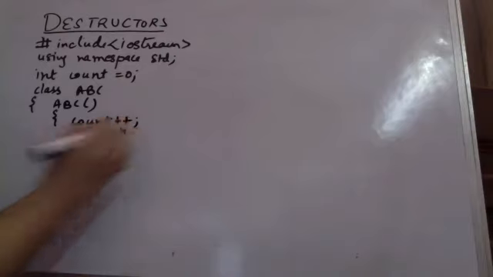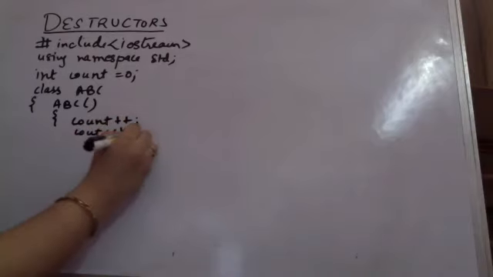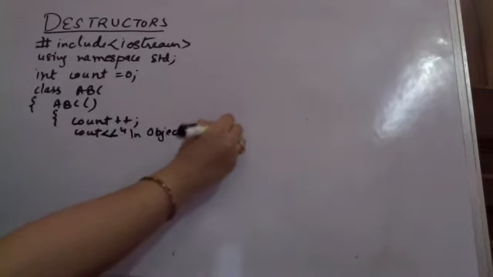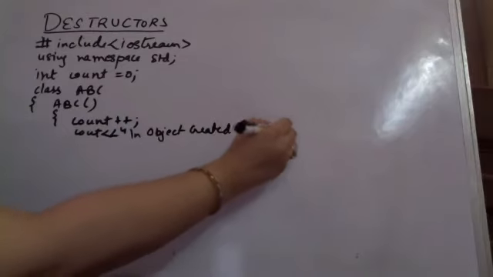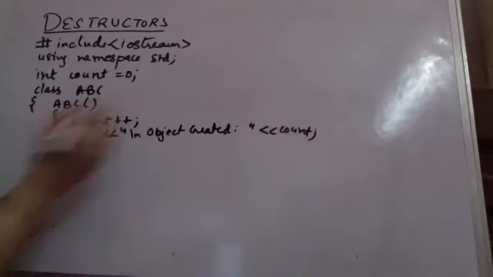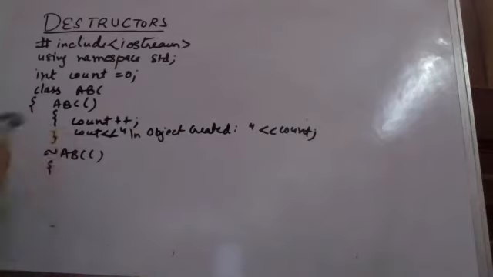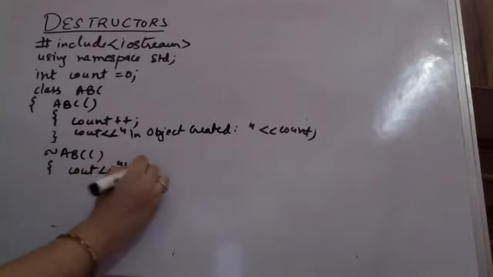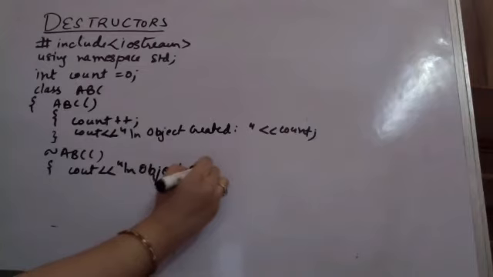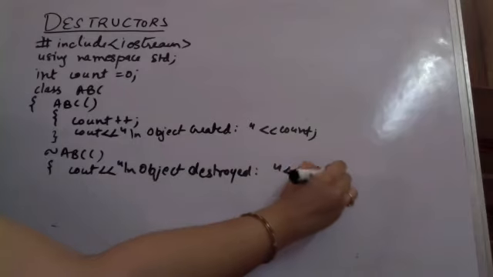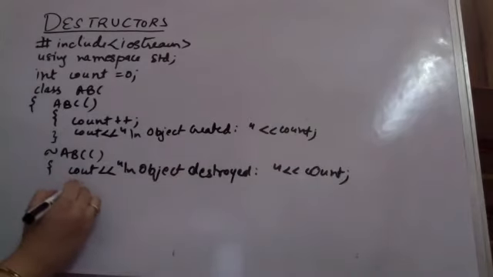So I am printing that object created and the number here, whatever the number I will be having count, that I am printing. This is my constructor. Similarly, I have a destructor within the class, and the destructor is doing a count. First it is printing कि कौन सा object delete हो रहा है, then it is decreasing the count. So I will be writing object destroyed, deleted, whatever you want. Which object is getting deleted, that count you are printing, and you are doing count minus minus.